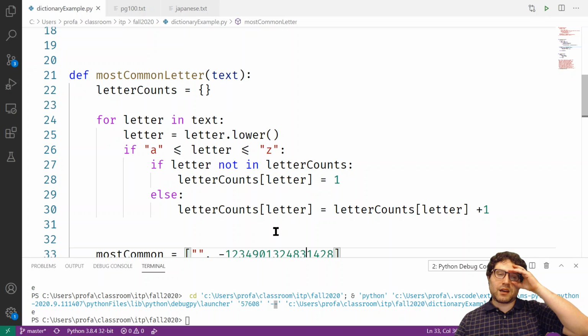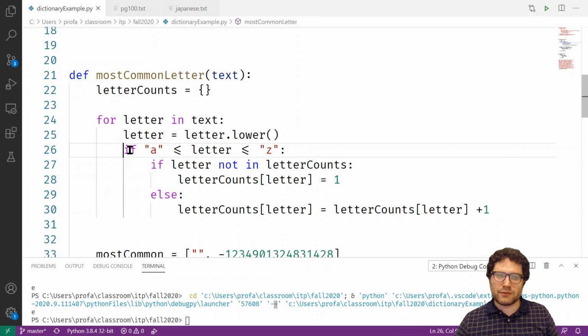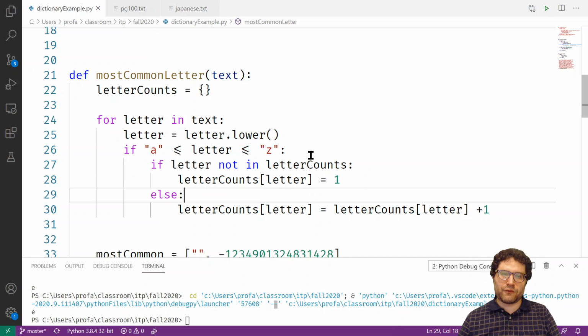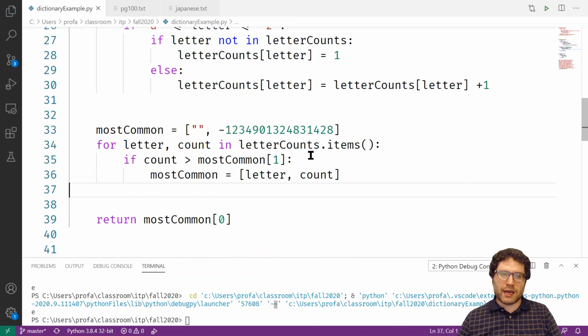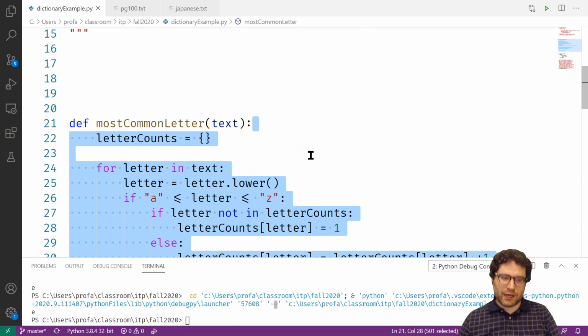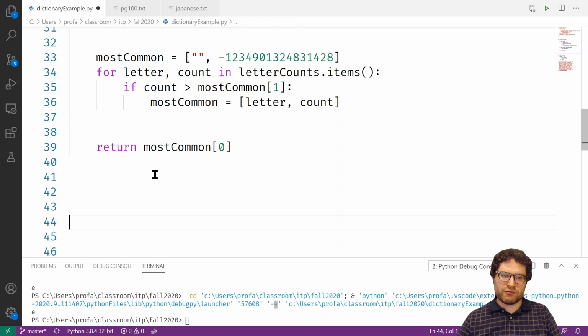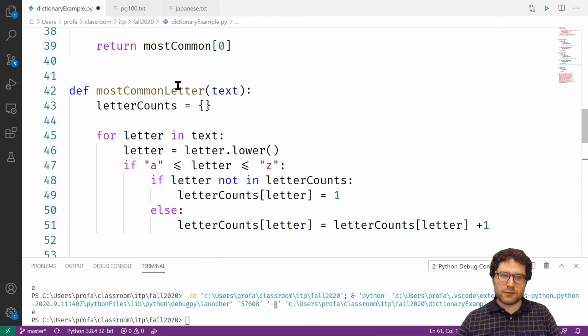Now, this was concerning ourselves with just things A to Z. But we don't necessarily have to do that. Let's just go ahead and copy this. We can say, what if we remove this restriction of it being a letter? Most common